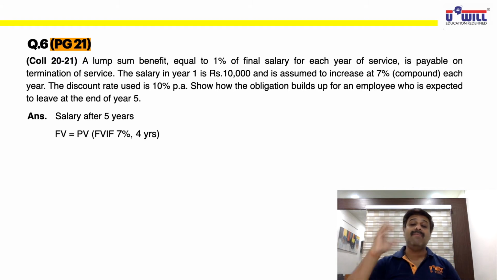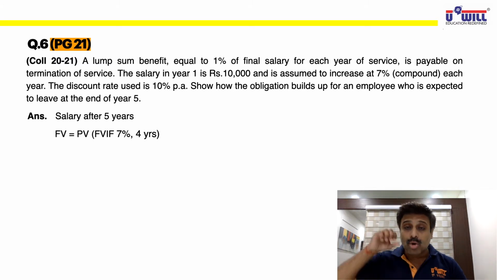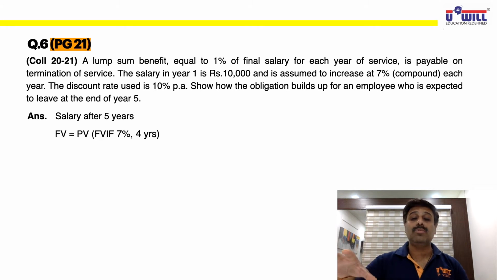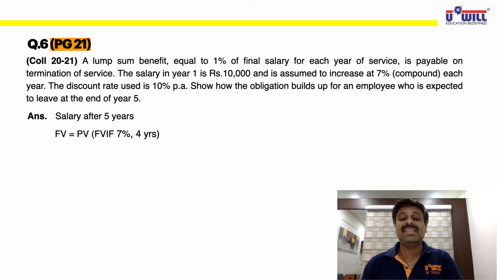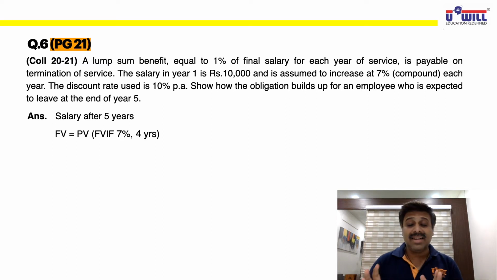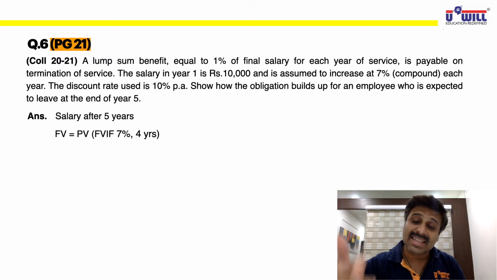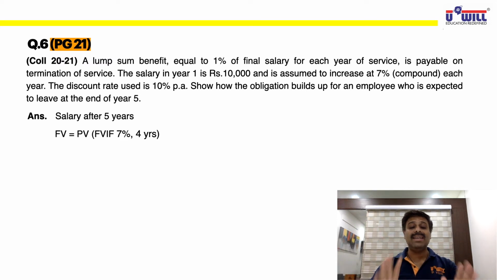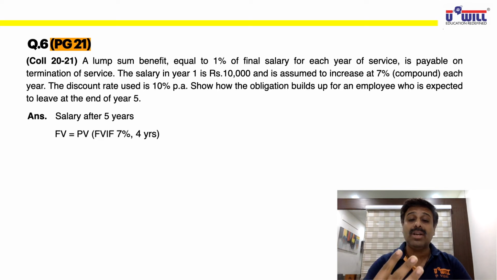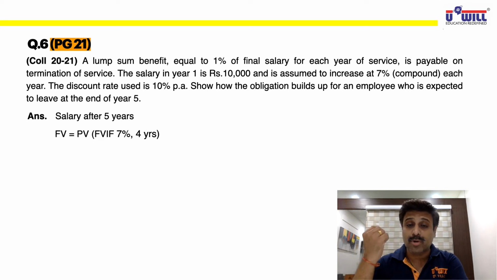Okay. In time value of money, what examples you used to have? Today you deposit in the bank 10,000 rupees. Today you deposit in the bank means in this year also you will earn 7% interest. But here 7% interest you will not earn in this year. Increment of 7% you will directly get in the second year. So here though the years are 5, we will take only 4 years because increment will be given for only 4 years. Take out that time value of money tables.